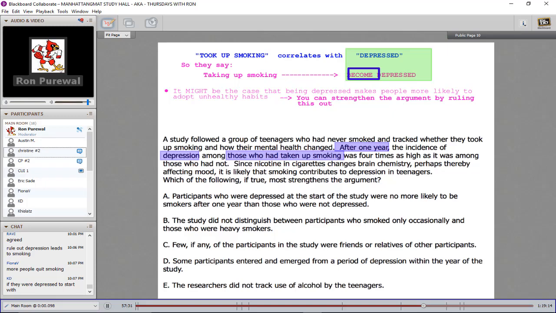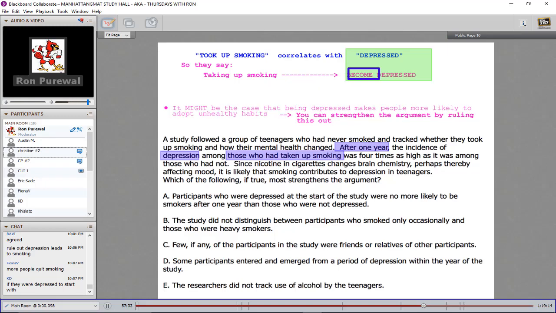So the data themselves here have a problem, which is that we don't know that this represents anything that actually happened during that year. So the data are flawed because we don't know whether these people actually became depressed, as opposed to already being depressed. So the data don't even represent what they think they represent, right? I mean, if these are all people who have been depressed for like 12 years,